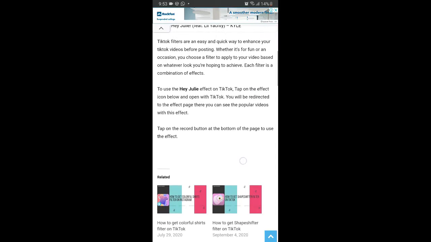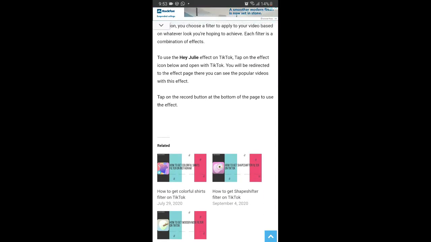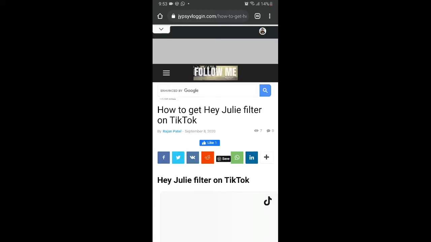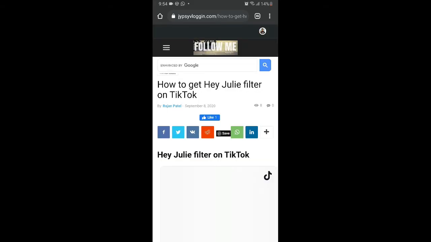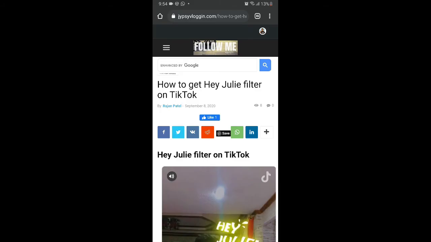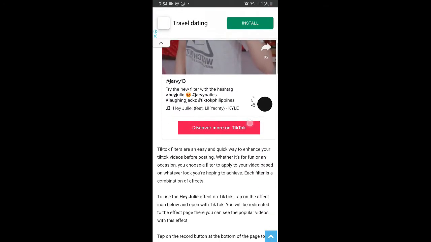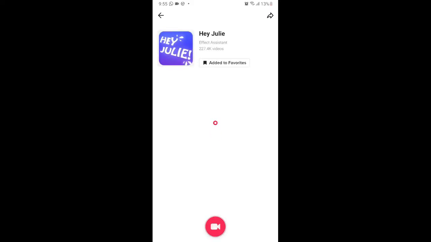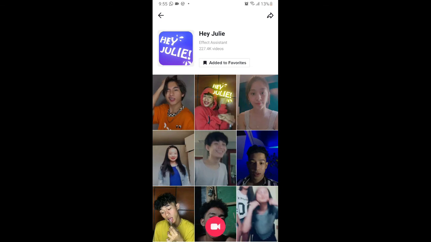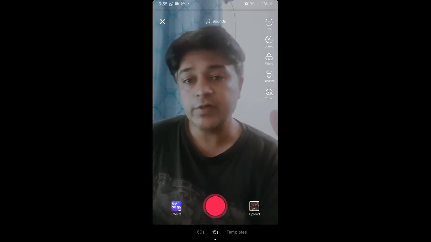Here in this website you will see the effect icon. Just tap on this effect icon and open it with TikTok. You will be directed to the effect page again. Now here tap on this record button at the bottom of the screen, and likewise also you can use this